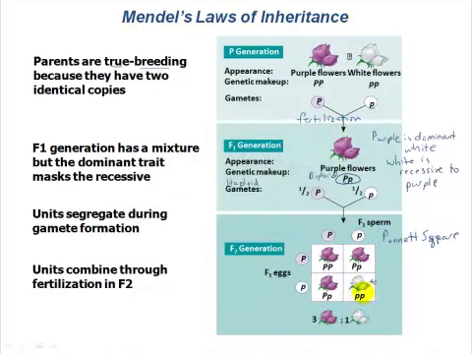Okay, so what we're looking at here, so as we said, Mendel's law of segregation states that the two allele types in the parent plant are going to segregate during gamete formation and then come back together during fertilization to produce the next generation. And so that's what we're depicting here in our Punnett square.